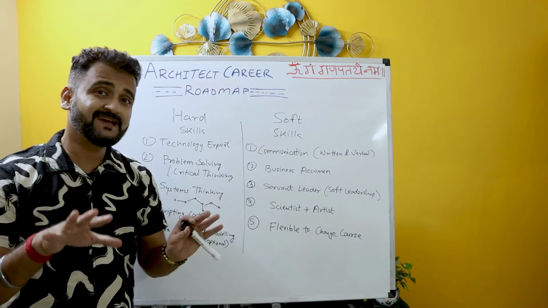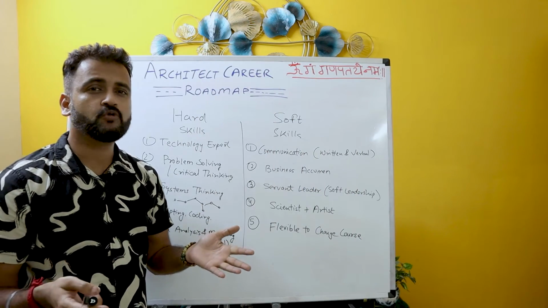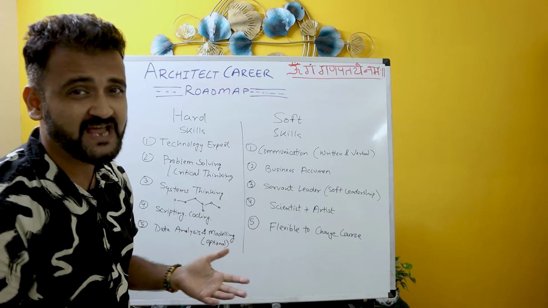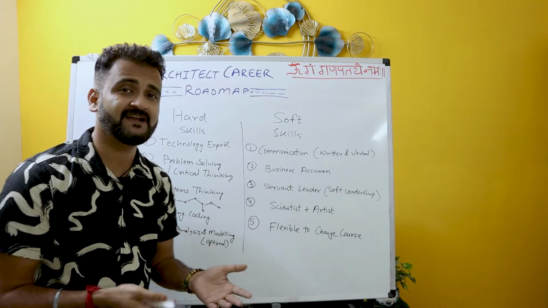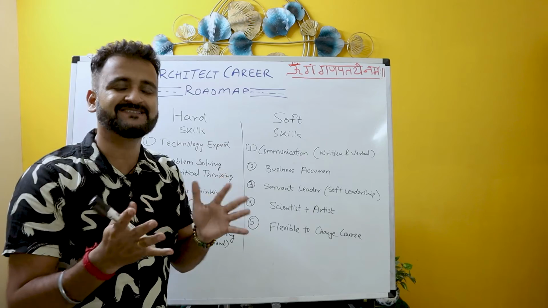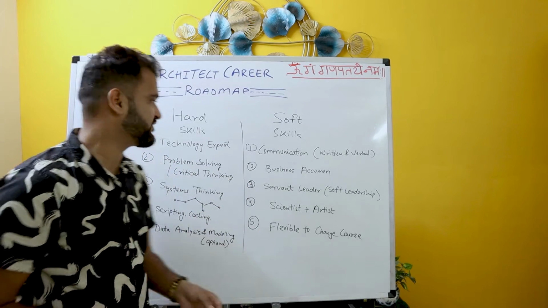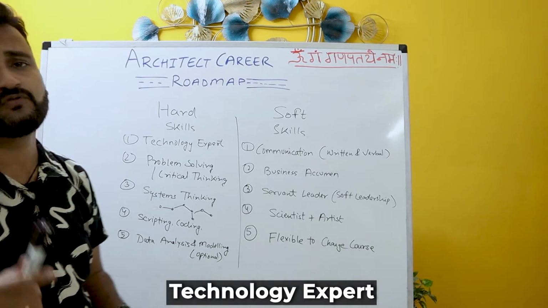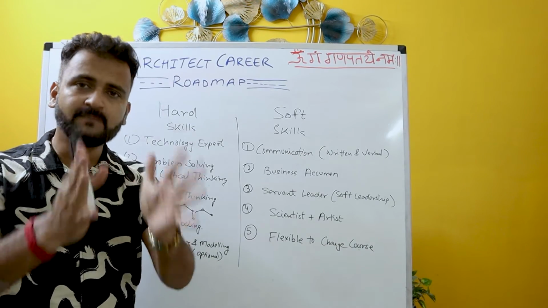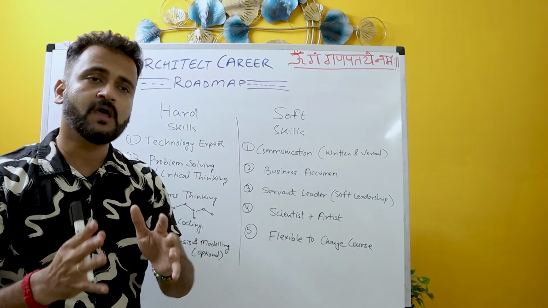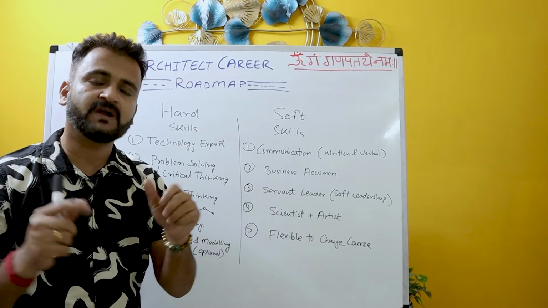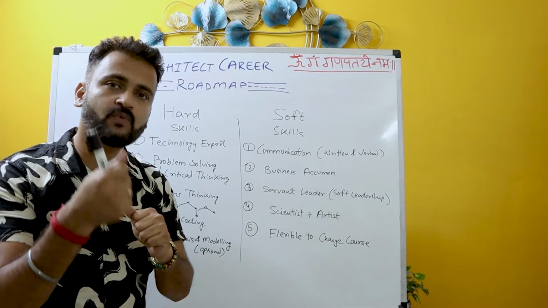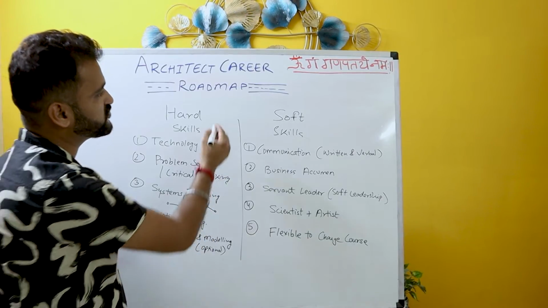So guys, we'll quickly cover these skills because they are more or less generic, so I won't spend much time. You are already smart enough to understand these, but it was my duty to at least cover this in one of the sections. So in hard skills, technology expert: as an architect, you have to have expertise in one particular core domain of yours. You have to be a generalist, but then you have to have specialization in one particular thing, which is also called